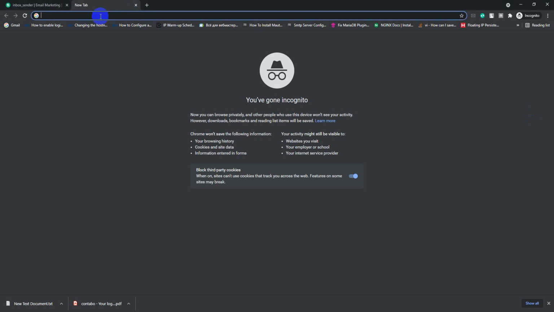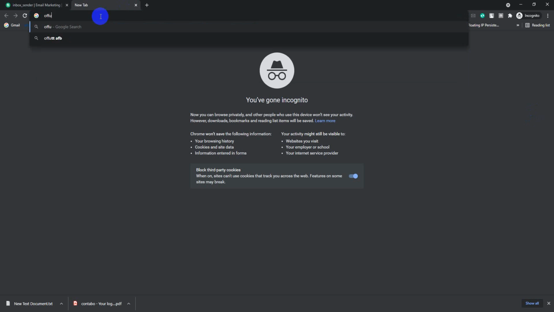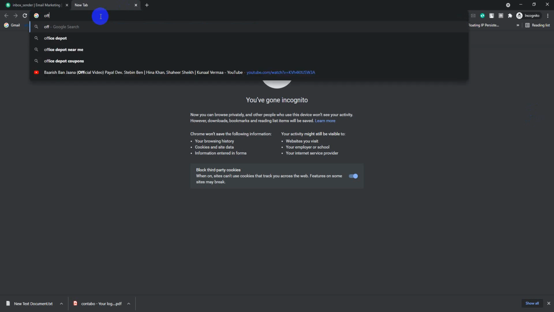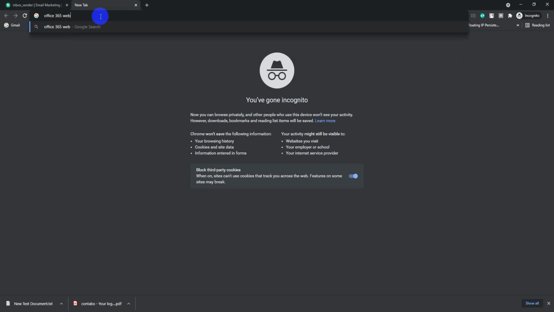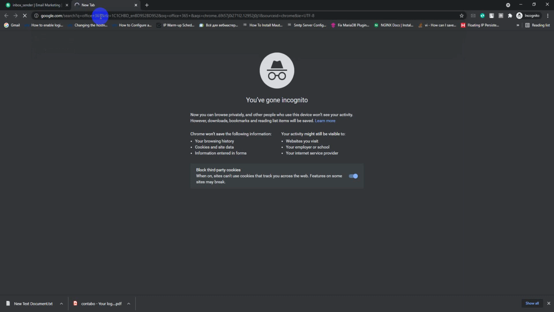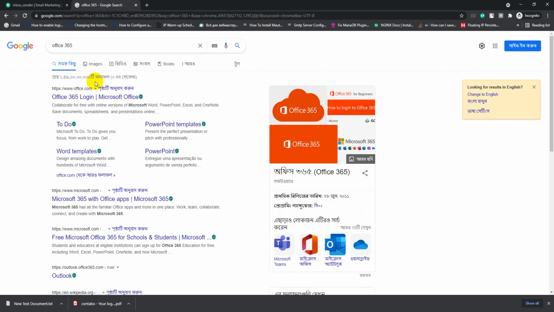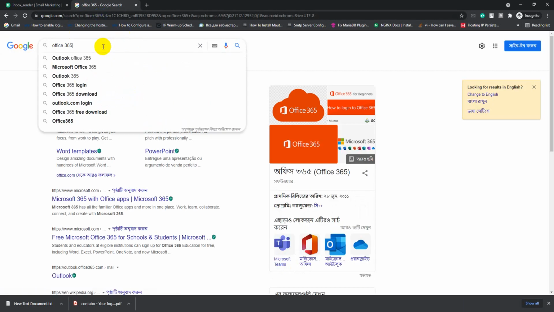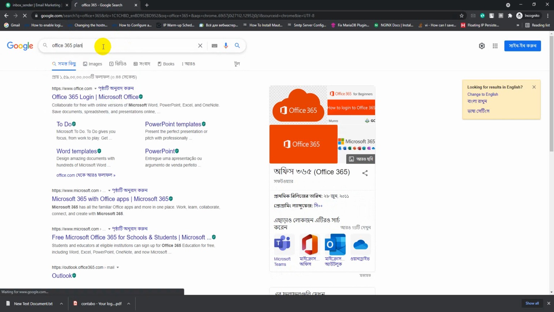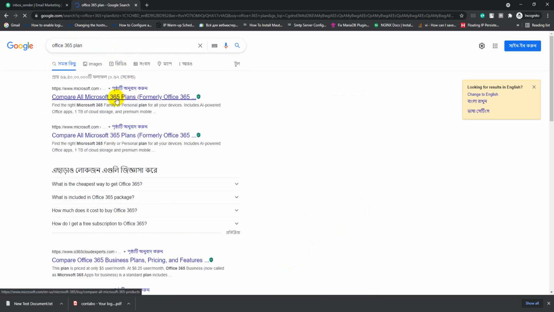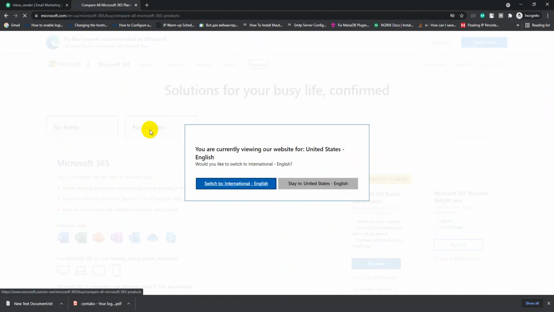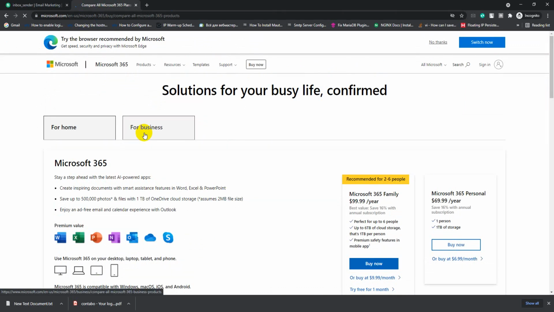To select a plan, we need to go to the Office 365 website. Plan. Click. Select business.